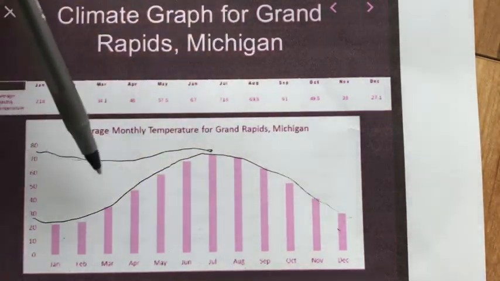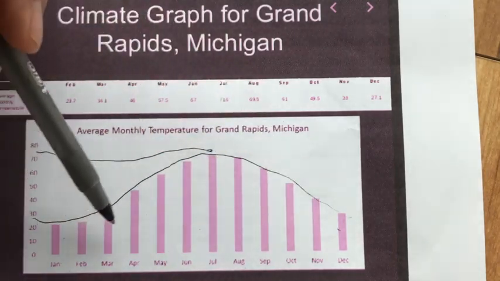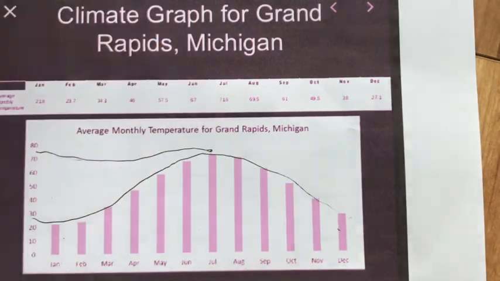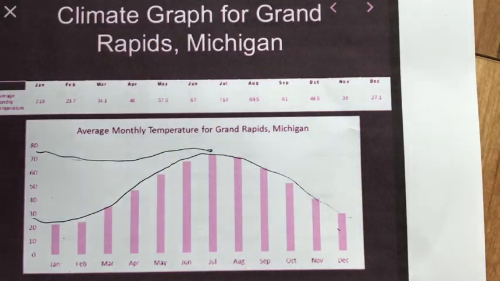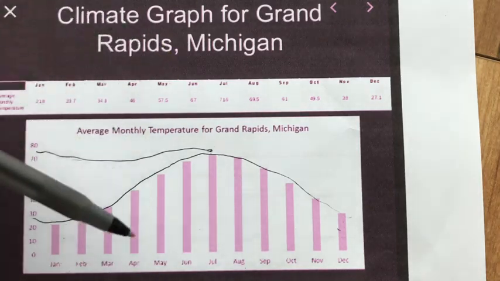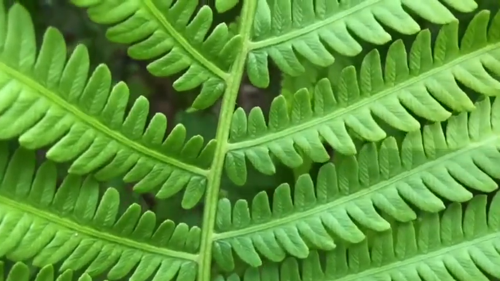Hey, there's a pattern here. And you'll see this pattern every year. It may change a little, but it'll be higher temperatures in summer, lower temperatures in winter. It's a pattern. Patterns are amazing. They help us make graphs and develop models like this so we can predict what's going to happen. Repeated design in the stem and leaves of this fern.